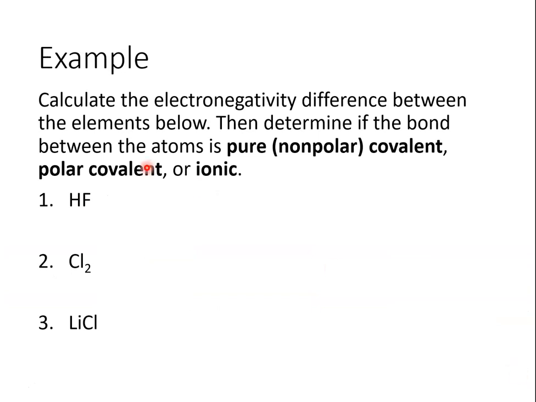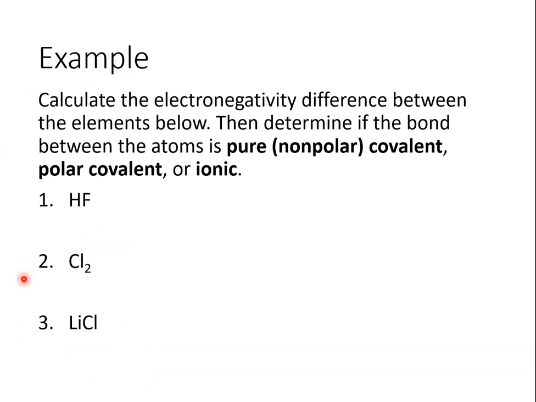So here's an example problem. Let's calculate the electronegativity difference between these elements and determine if the bond is pure covalent, polar covalent, or ionic. If you want to stop this and do that calculation and come to your own conclusion and then check your work, that would be great. Okay, so we have